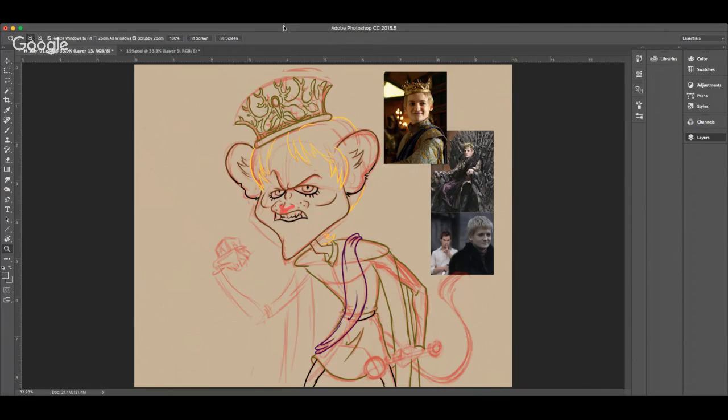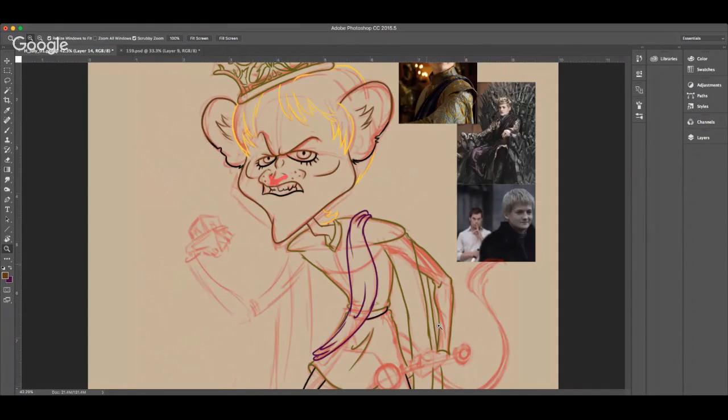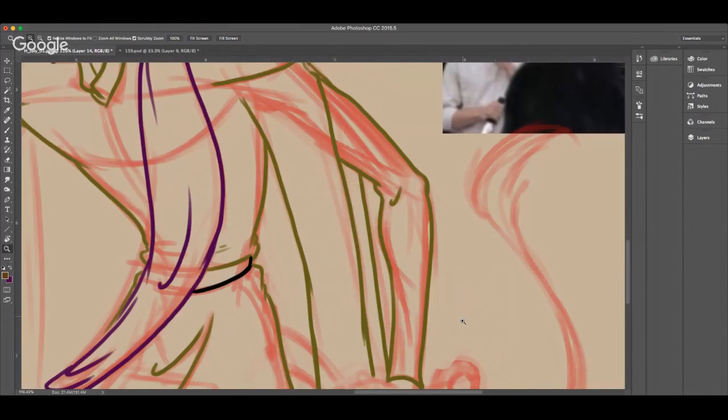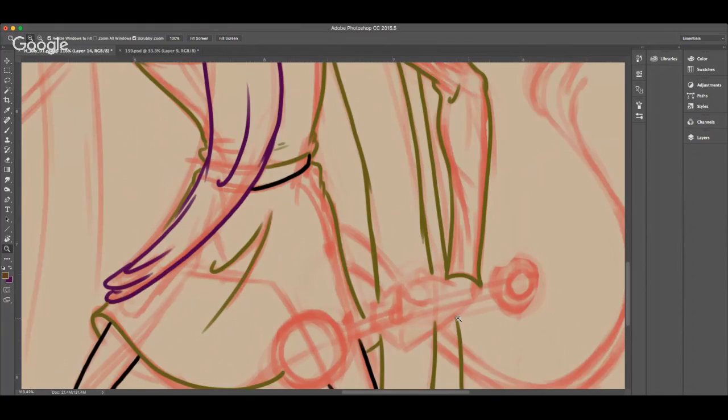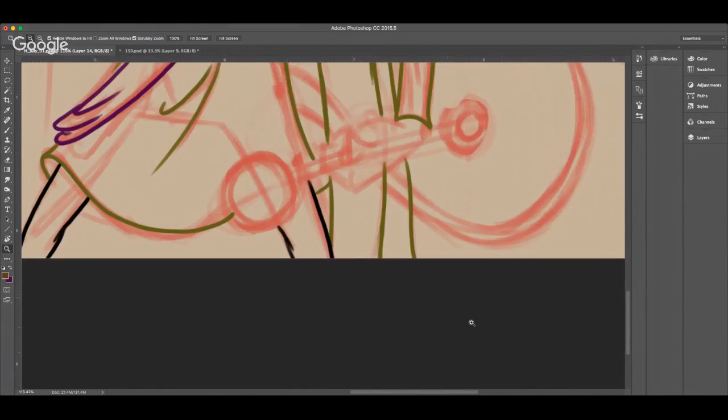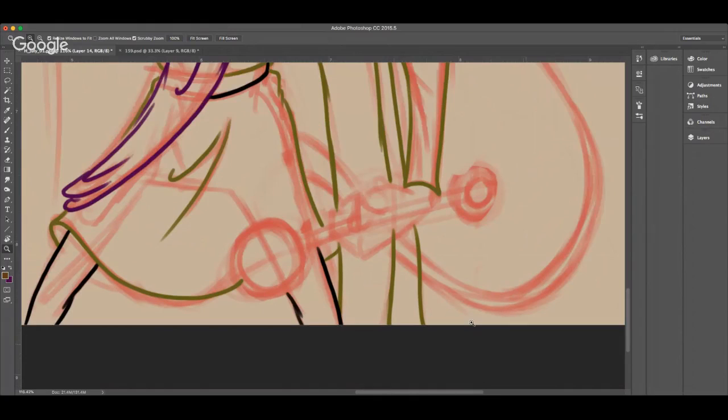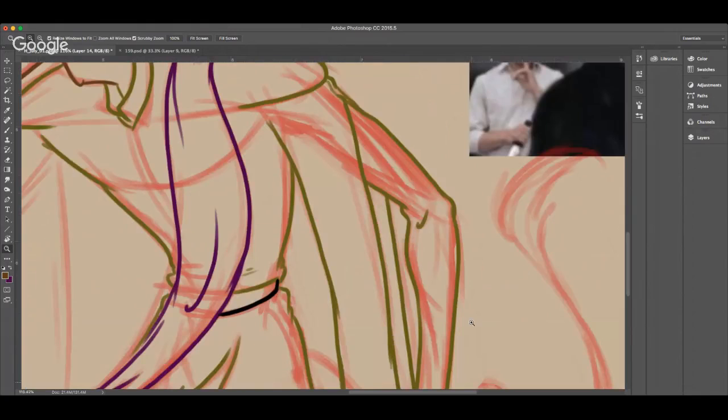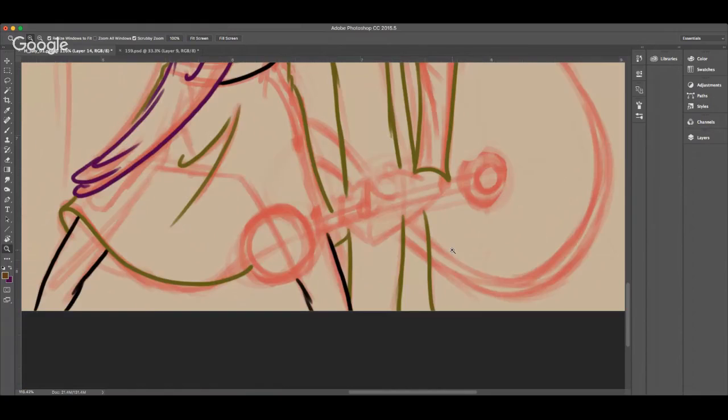I'm gonna continue drawing. So we might as well go through some of these things. Let's see. Make sure you're on your right layer. I can't tell you how many times I'm on the wrong layer. I actually did that today. Started drawing on the wrong layer, and that didn't help me out very much. So you can see I use a lot of different colors here. Okay, so I'm gonna pick back up